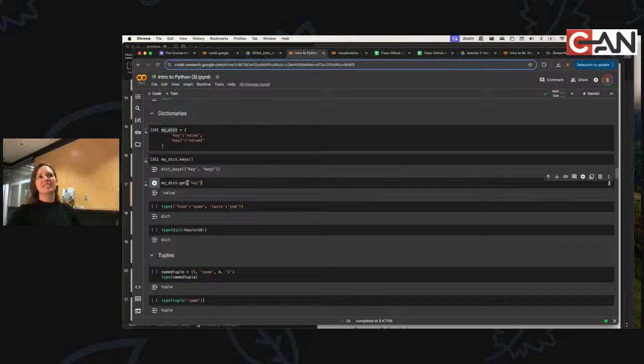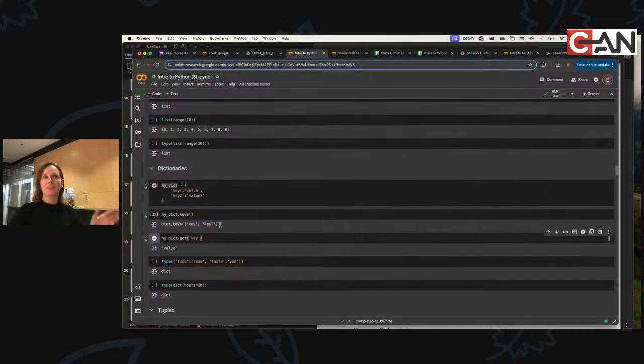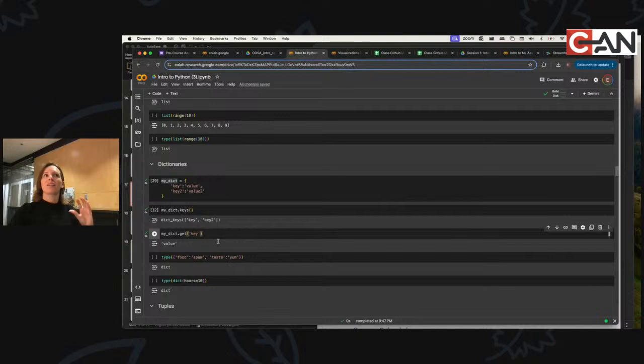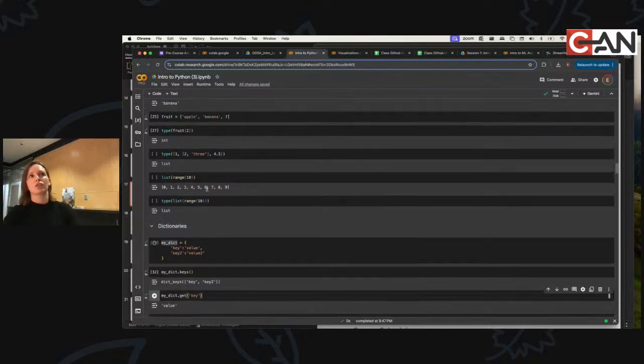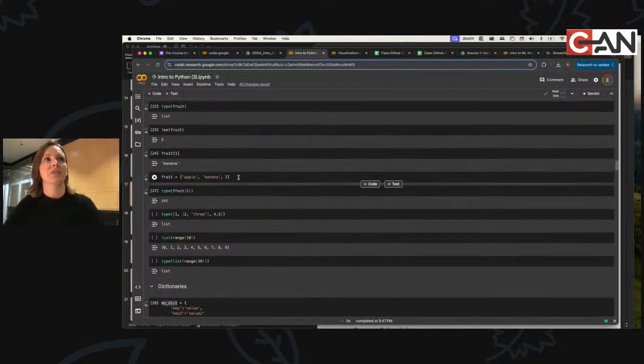So dictionaries are different from lists and other objects. You have certain ways that you have to access them. And it's worth saying with some of these data types, I would just encourage you to look them up if you're really struggling about which ones can I update and which ones can I not. There's something called mutability when it comes to these different data structures, which means sometimes you make a certain data structure and you can never change it, and other times you make a certain type of data structure and you can change it. So what does that mean? Let's look at this one.